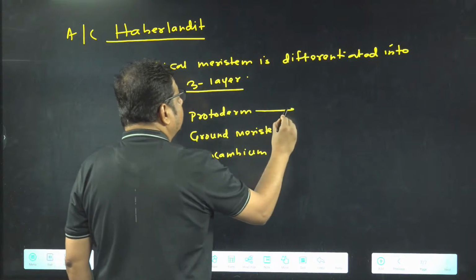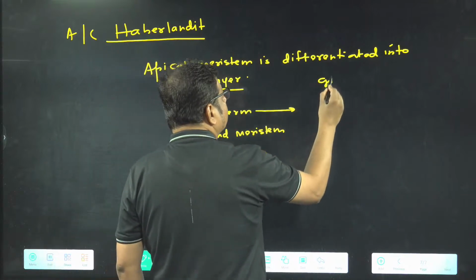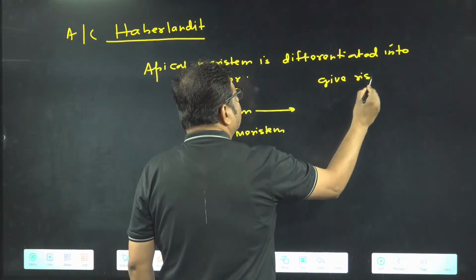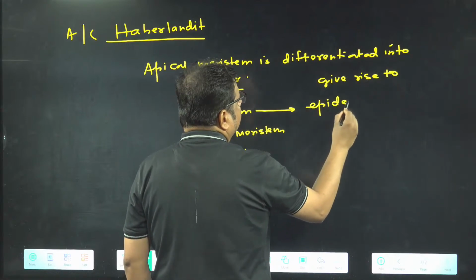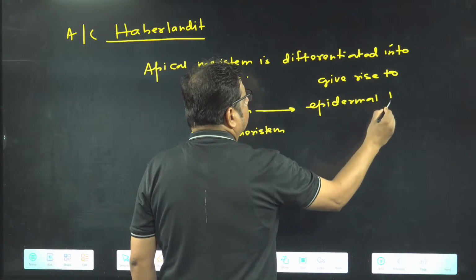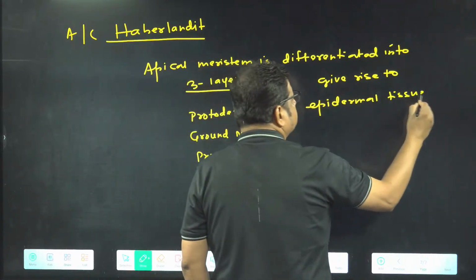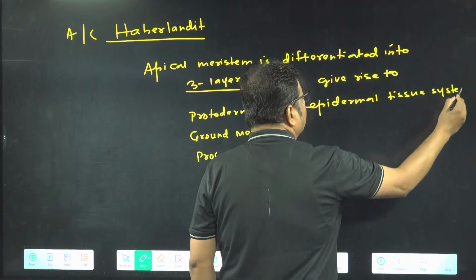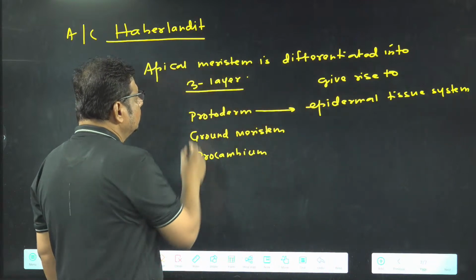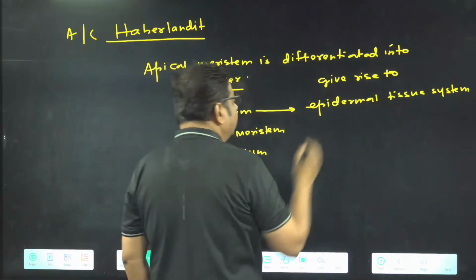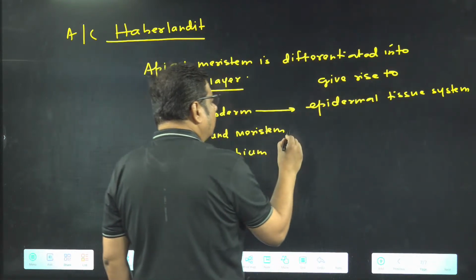So protoderm gives rise to epidermal tissue system. Epidermal tissue system. Haberlandt, the name of the scientist, told that apical meristem differentiates into 3 layers: protoderm which forms epidermal tissue system, ground